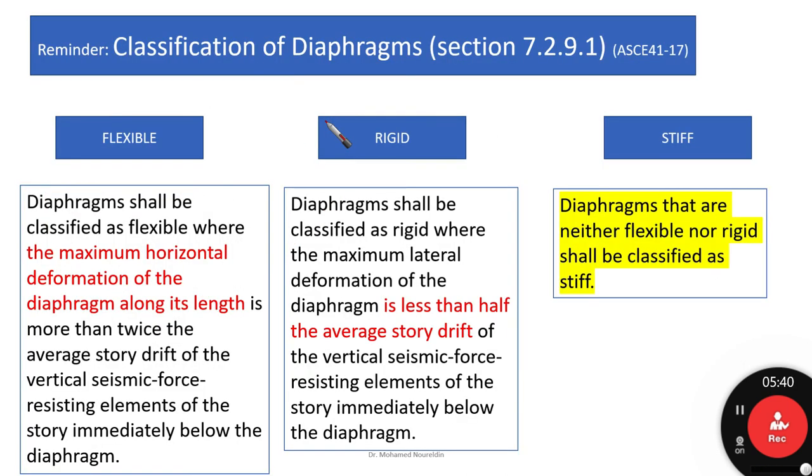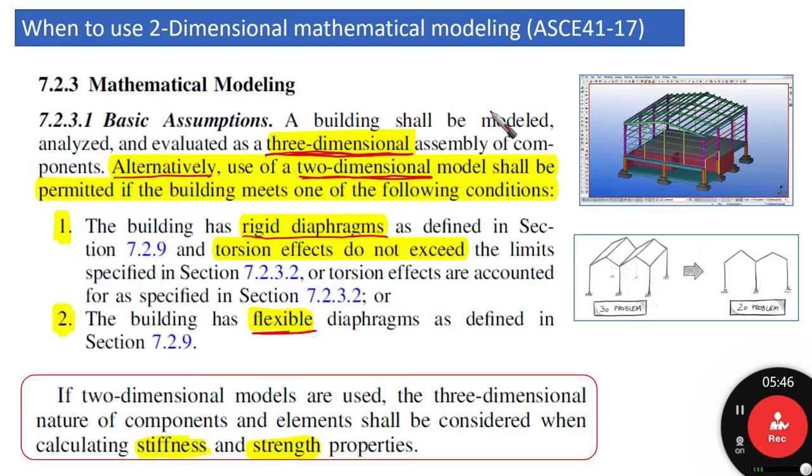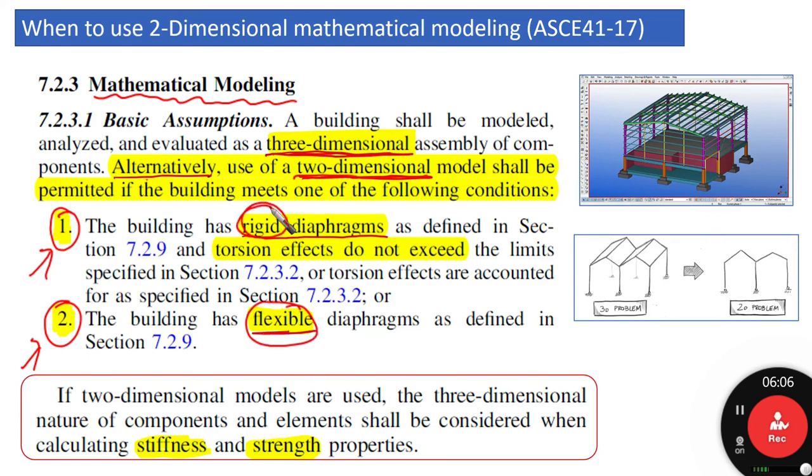I hope you understand how ASCE is classifying these diaphragms, and remember that I'm putting them in the context of the main issue that we are talking about, which is mathematical modeling and when to use two-dimensional mathematical modeling. We found that the two conditions contain rigid or flexible, as we said, so this means that we need to understand the